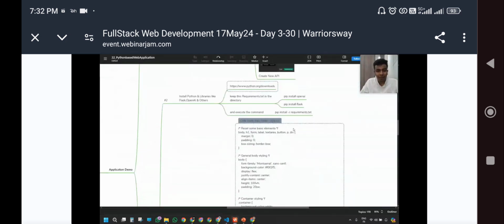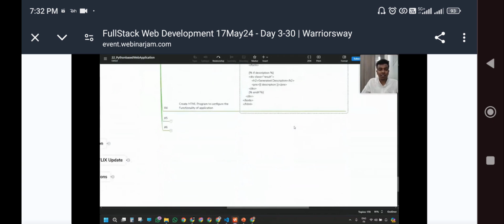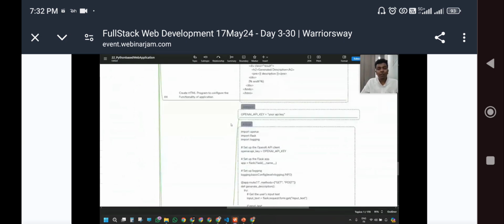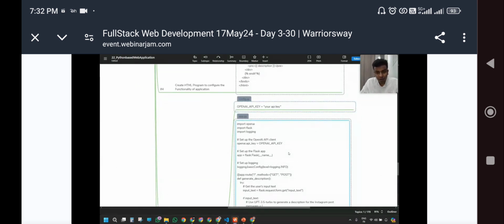After completing the CSS part and the HTML part, now it's time to start writing a program. You will be creating Python code, and you need to put your API key. I can't show my API key, so I'm going to create a config file and show a simple demo.